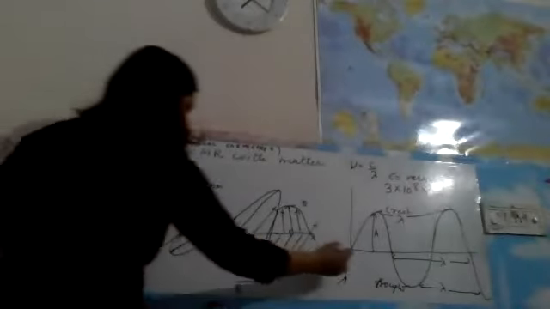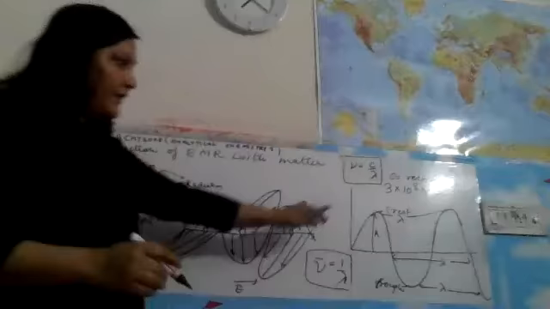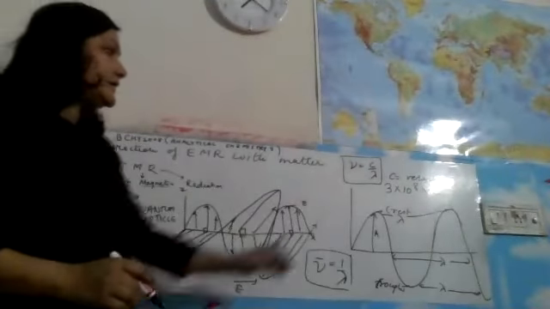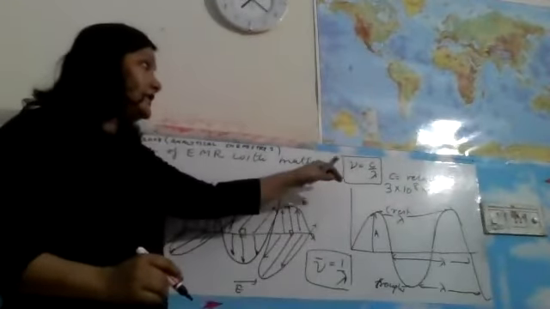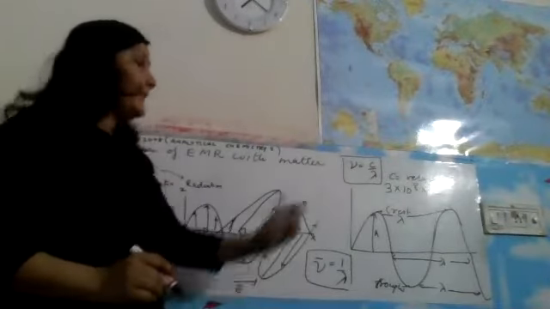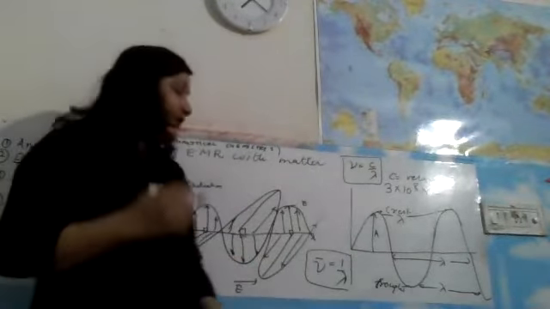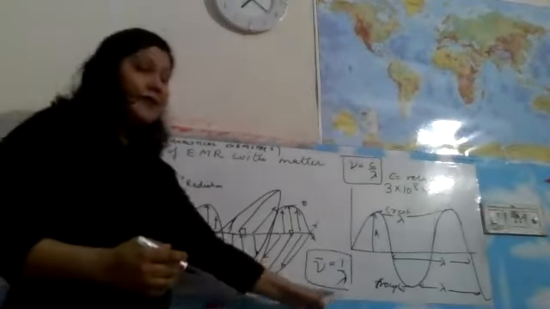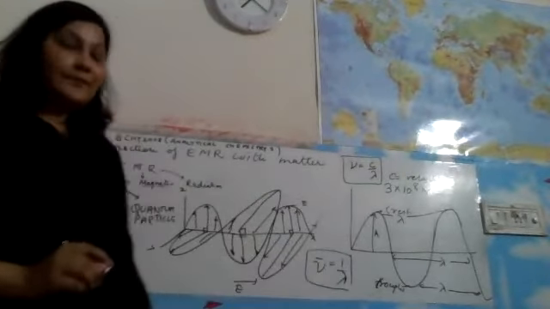Right? See, till now we have discussed what is amplitude, what is wavelength, what is frequency, and what is the relationship between the frequency and wavelength. And then we have discussed what is wave number and what is the relation between the wave number and wavelength. The wave number is reciprocal to wavelength. Now we are coming to the energy of wave.